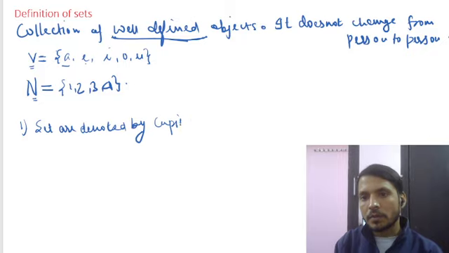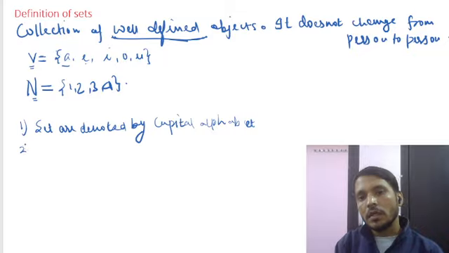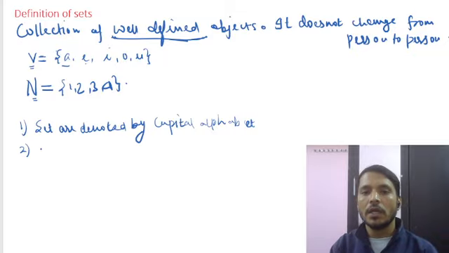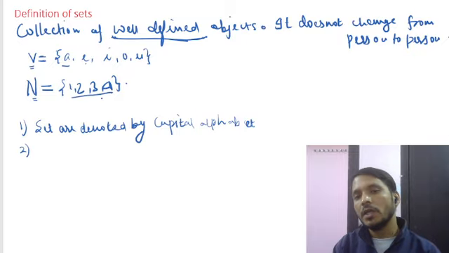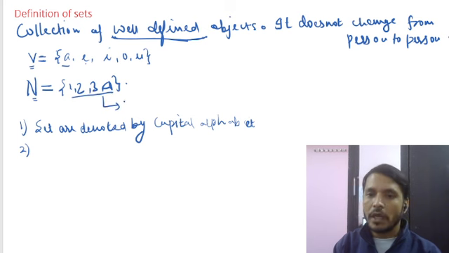So this is the first point we should note down, right? It may be A, B, C, D, X, Y, Z, anything. And the second point is what? The second point is that it is always enclosed within curly brackets. And another thing here, these are called the objects, or also the elements of the set. So the second point is elements of the set